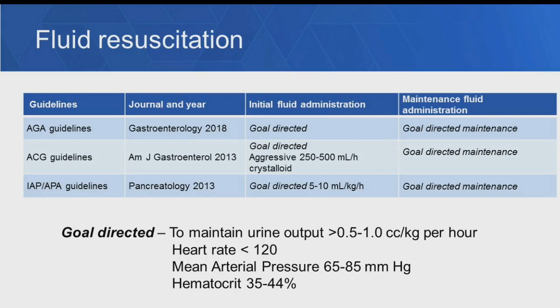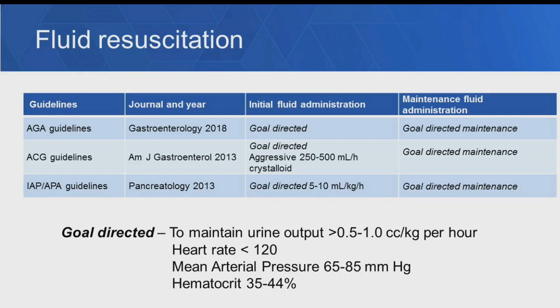Multiple guidelines have recommended regimens to be used in the management of acute pancreatitis. So they describe a volume for initial fluid administration and a volume for maintenance fluid. But the key concept is using a goal-directed approach, where we try to maintain adequate urine output, avoid tachycardia, ensure adequate blood pressure, and maintain hematocrit in